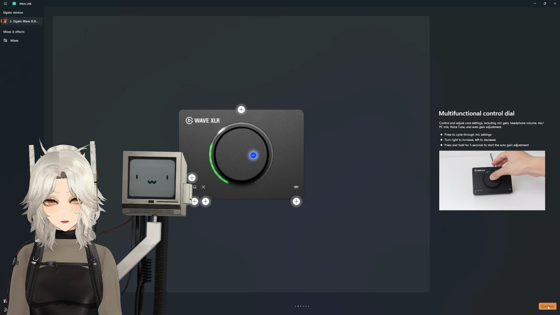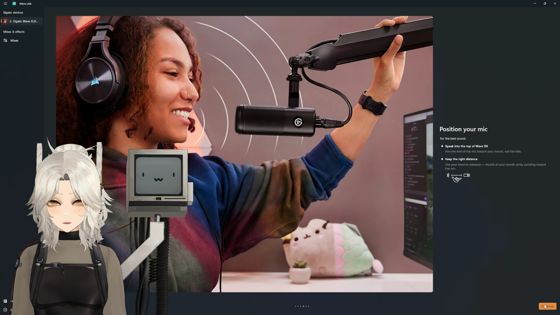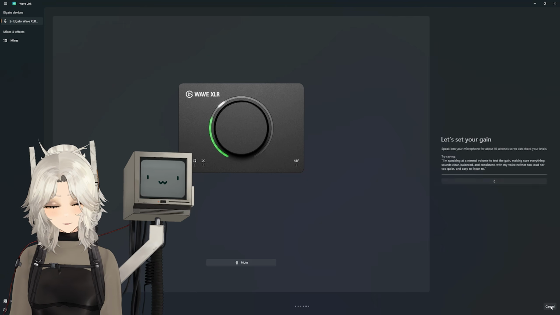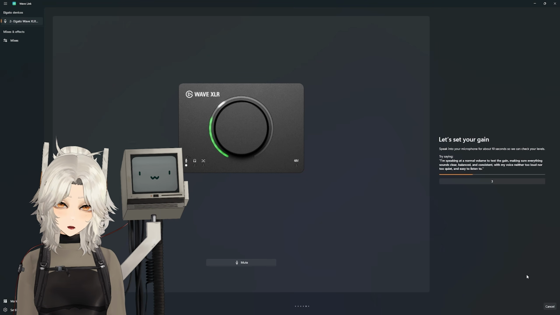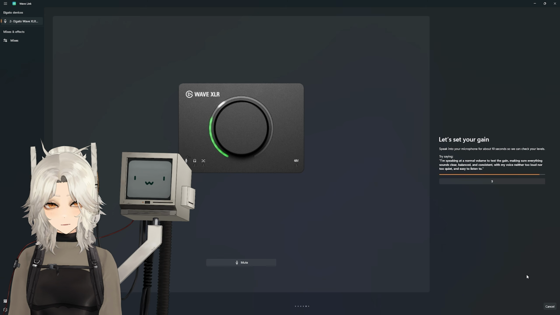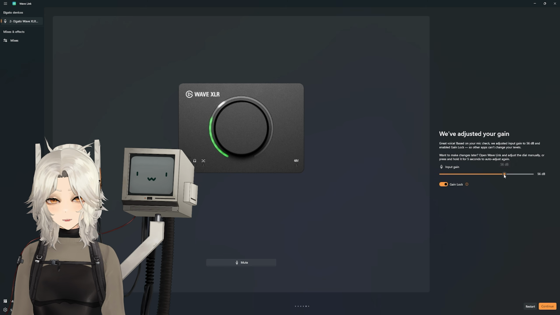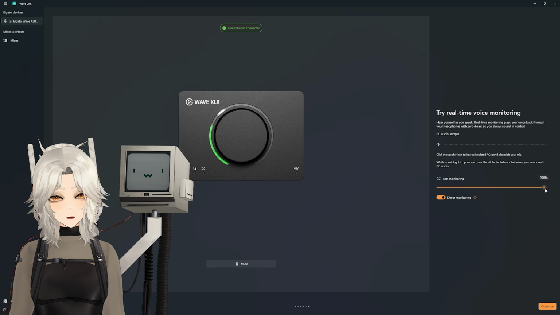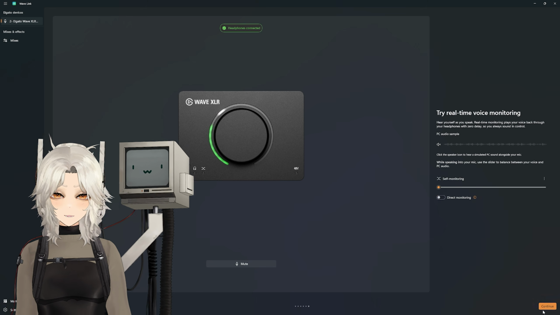and new features. You can see that Wavelink has already recognized my Wave XLR Mark II, and I can simply click through the setup process here to get everything up and running. But with the new Mark II products, there will be a section talking about the auto gain feature, which if you choose to use, either by clicking proceed here or by holding down the button for 5 seconds, you'll then be prompted to speak for a little bit, and it will automatically adjust your gain to your voice and your